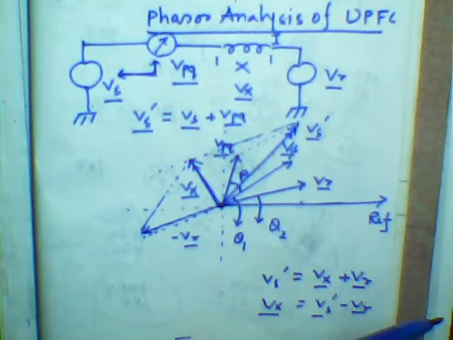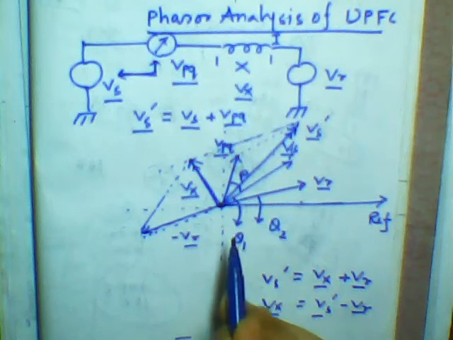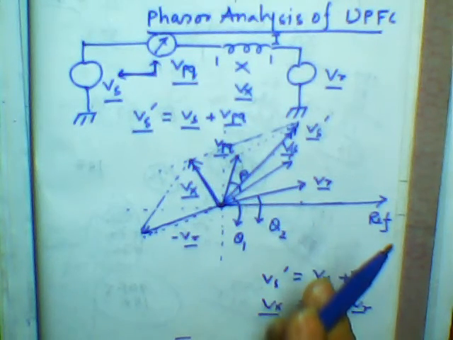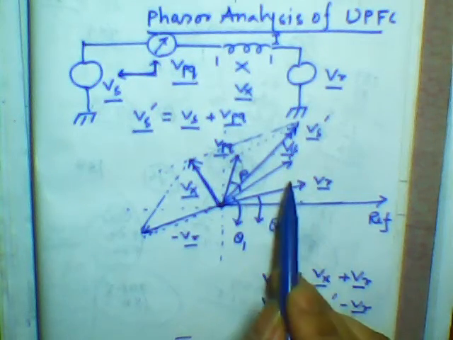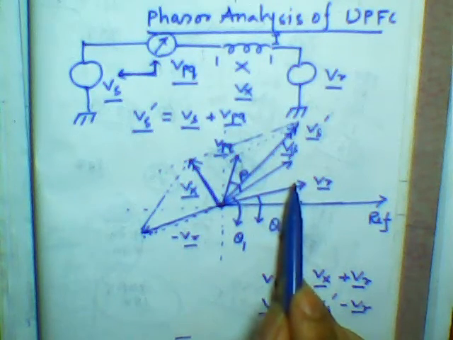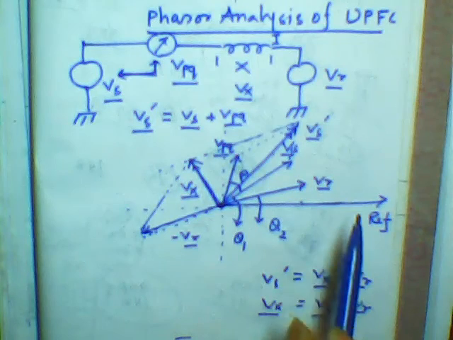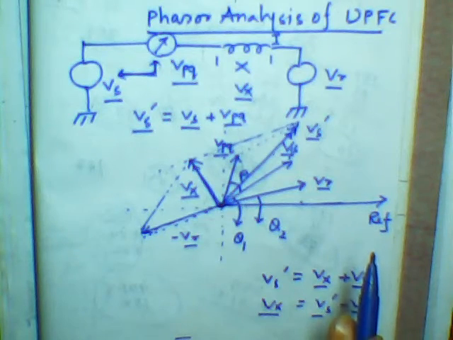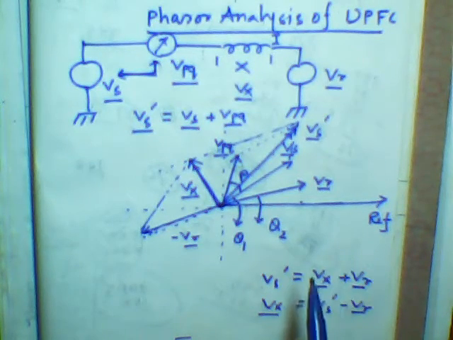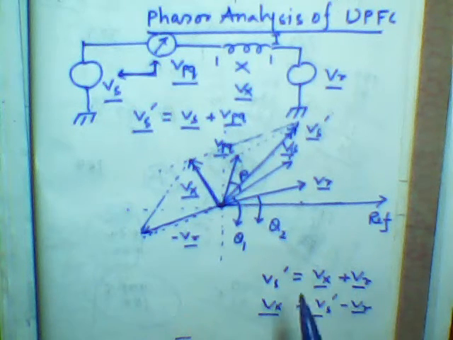Now if we select the magnitude of Vpq and the angle rho in such a way that the current phasor exactly lies on, or coincides with, the Vs vector, then your power factor angle is 0 and your power factor is 1, which means the power which is generated is entirely delivered to the load, and that is the active power. So this is all about the phasor analysis of